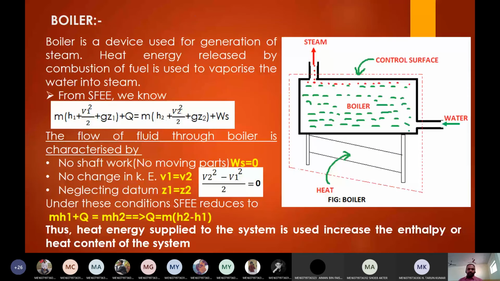Okay. Now next application, boiler. I think diploma people already studied about boilers. Right. Now what is a boiler? Generally, a boiler is a device which is used to generate steam. We can call boilers also a steam generator. So in the boiler, the input is water and heat. The output is the steam. There are no moving parts in the boiler because inside the boiler only tubes will be there.